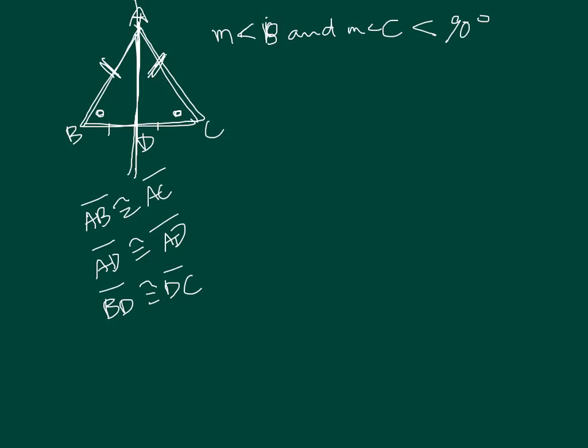And we also proved the converse, which is: if angle B and angle C are congruent, then segment AB and segment AC are congruent. And that's what we have learned in